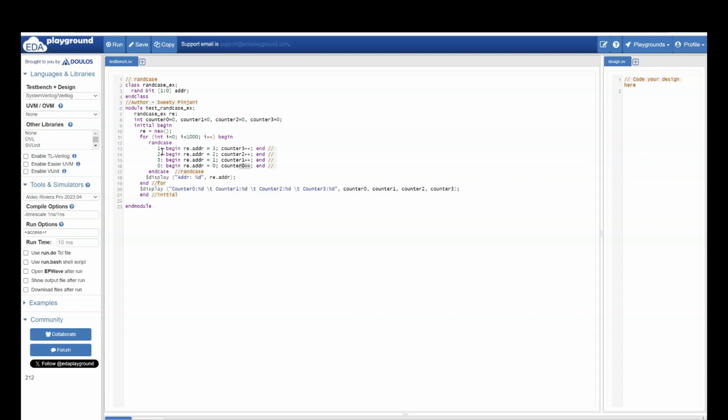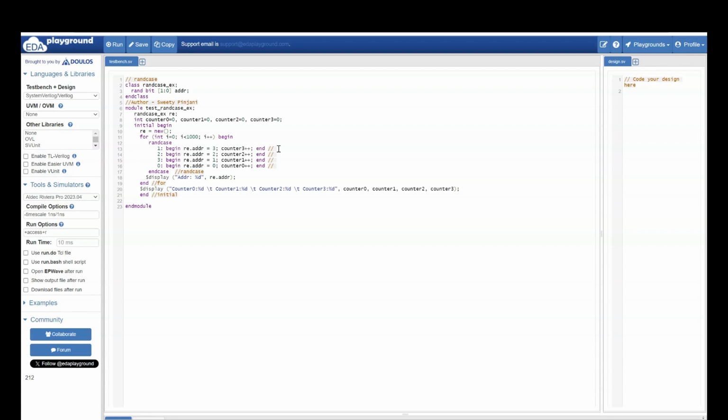Another thing which has changed due to this is the total weight. Earlier the total weight was 10 because here the weight was 4. Now the weight is 0. So what will be the total weight? Total weight will be 1 plus 2 is 3, 3 plus 3 is 6. Now the total weight is 6.